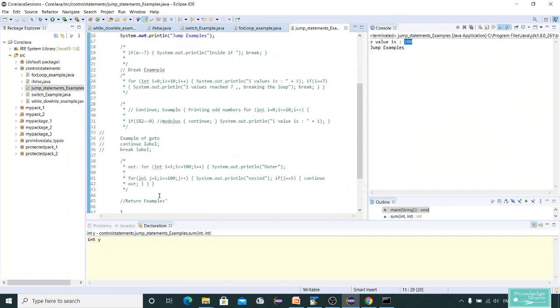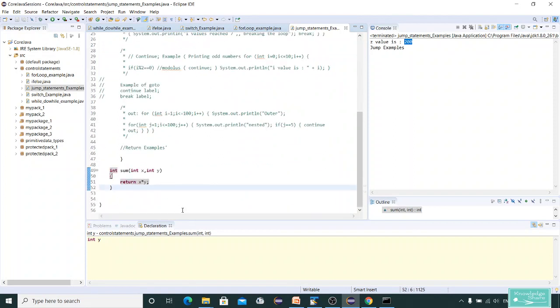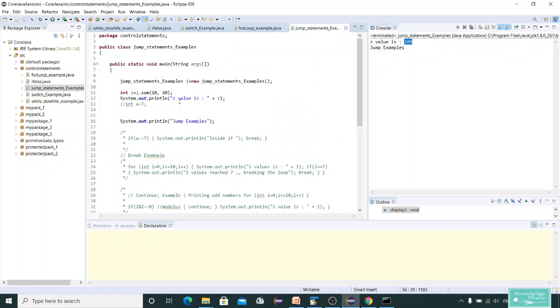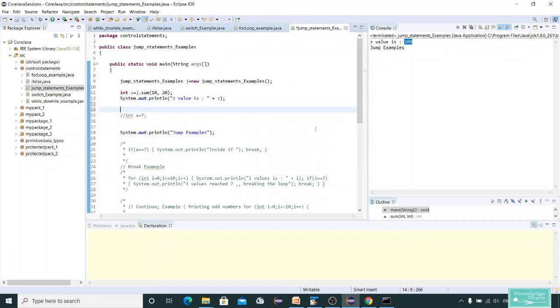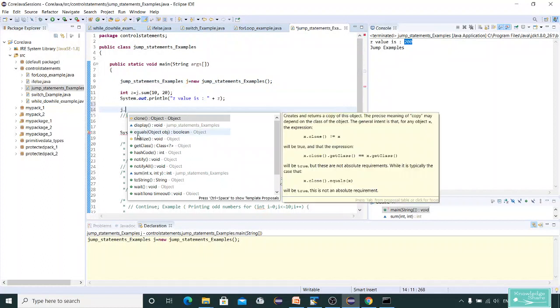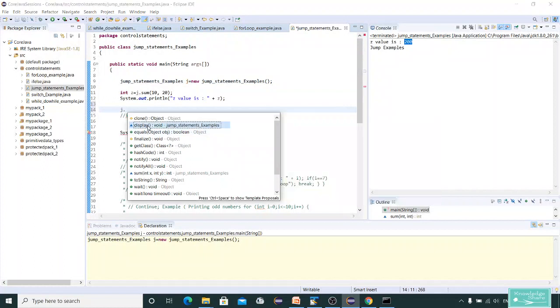And also you can have simple returns. Let me say for example void display. Okay, and I'll have a simple statement System dot out dot println. I'll call it as welcome, and let me call this. How do I call it? I already have an object created for this class j, so I'll say z dot display. You can see the method is displayed here by default, so I'll select that.